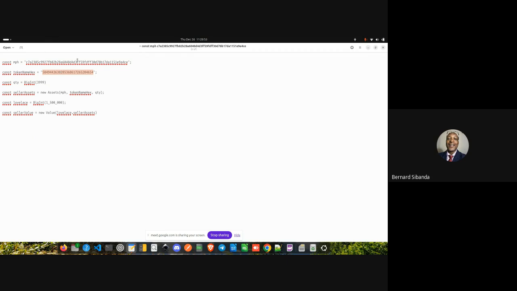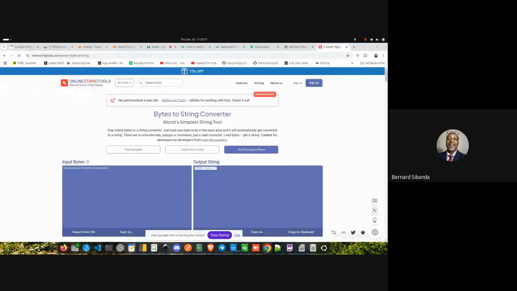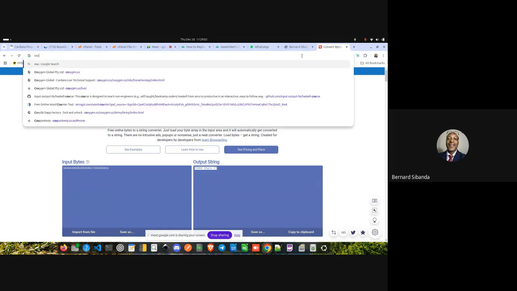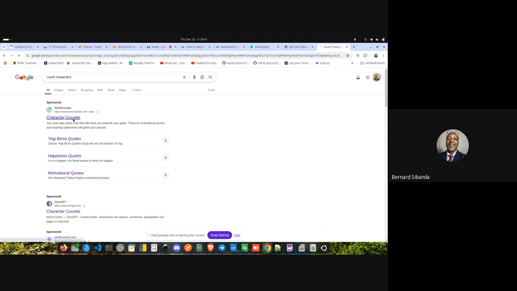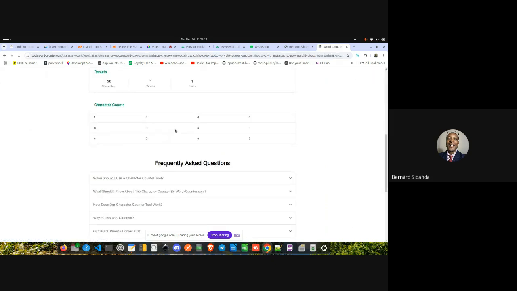Then the second property, its length. How long is it? So we can use count characters. You can check its length.